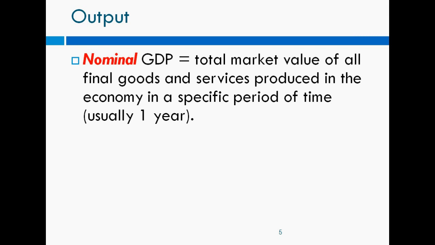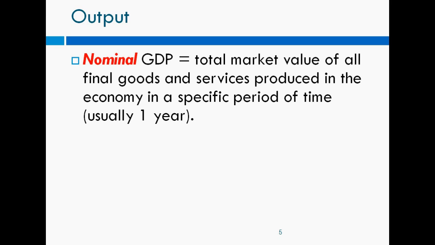Now there's two types or two measures of GDP. One is nominal GDP. This refers to the total market value of all final goods and services produced in an economy at a specified period of time at current prices. So whatever the prices happen to be, take the final goods and services that are produced multiplied by their prices, gives you their total market value. You add up the total market value of all those final goods and services, and that will give you nominal